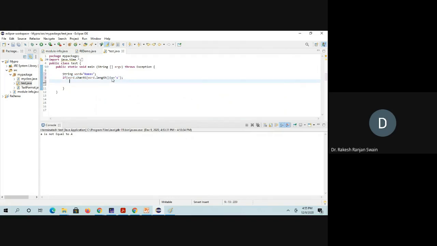Then we can print, suppose, true. Otherwise, you can print false. Okay, you can print true, otherwise it's false.